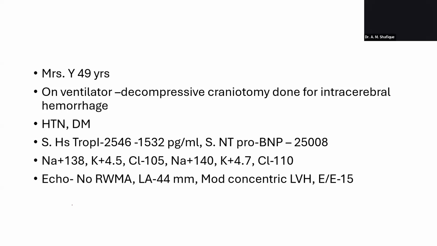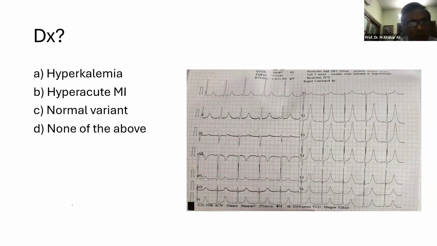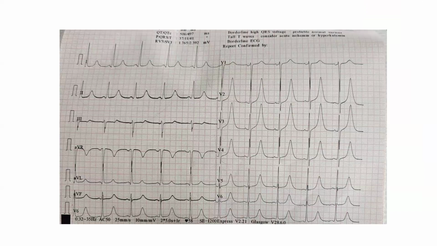So then what would be the diagnosis actually? It is not in favor of acute myocardial infarction, and definitely the potassium level is normal. Then it is a point of discussion. So back to your ECG again, please. Usually cerebral T means deep T inversion. Here it is hyperacute like T waves, very prominent T waves. But could it be a variation of adrenergic toxicity because of the stress the patient has undergone for craniotomy?